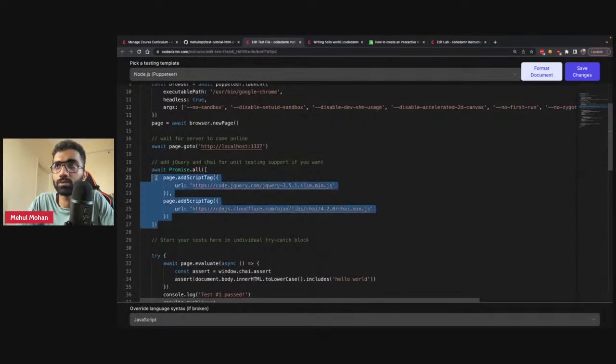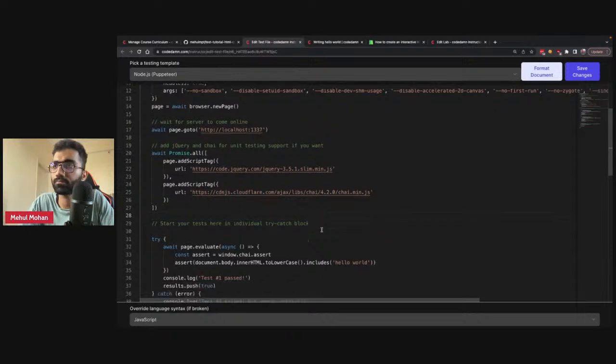Now, we also add jQuery and Chai for just basic utilities. You can skip this if you want, or you can keep it. It's just for utility purposes. We are adding jQuery so that we can make testing a little bit easier, and we are using Chai to add certain assertion things.